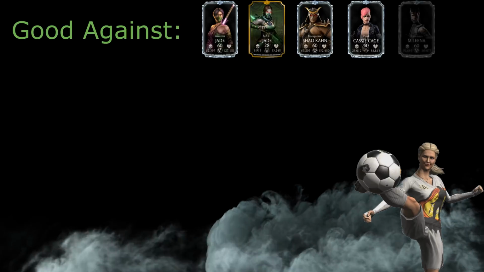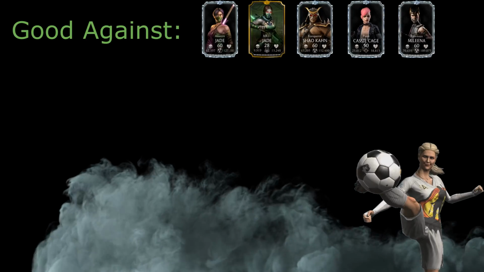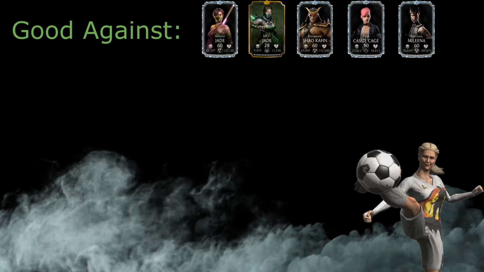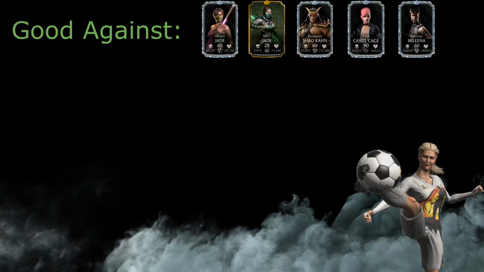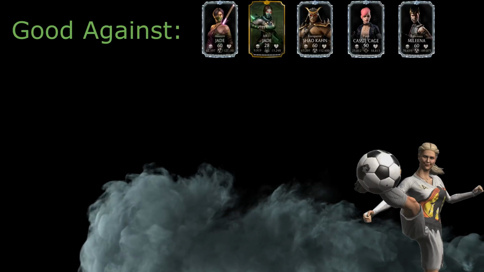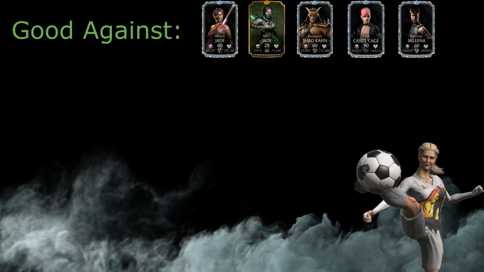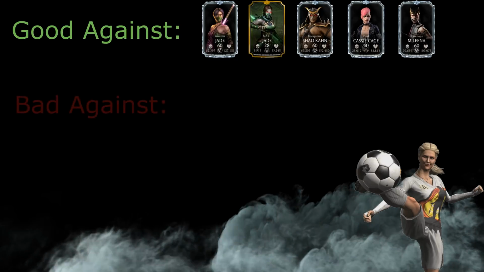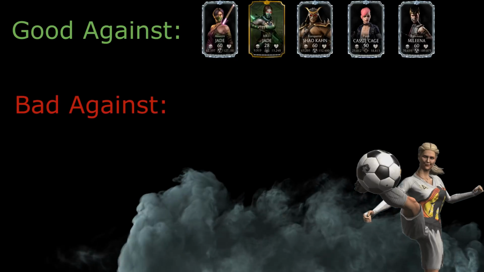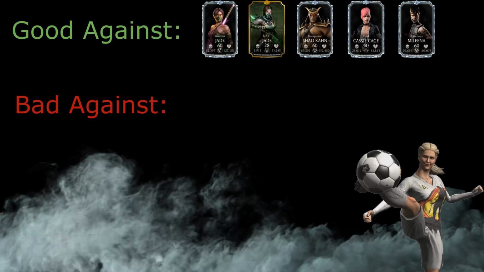Ravenous Melina, again, I wouldn't say that Kombat Kup Sonya counters Ravenous Melina, but she's definitely good against her because she's immune to stun, so when Ravenous Melina tags in, she cannot stun you, and that's always good. When it comes to characters that Kombat Kup Sonya doesn't like, let's say that way, the first one should be MK11 Sub-Zero or Warlock Quan Chi